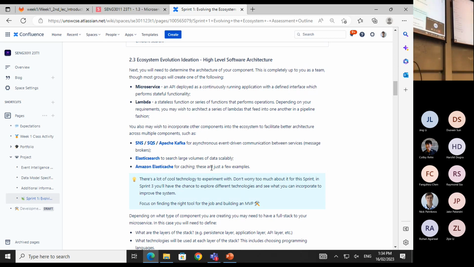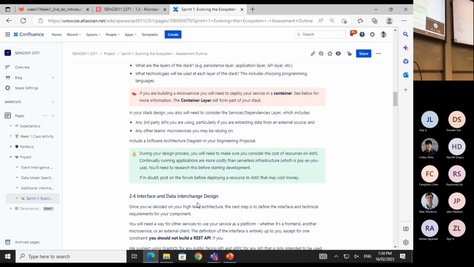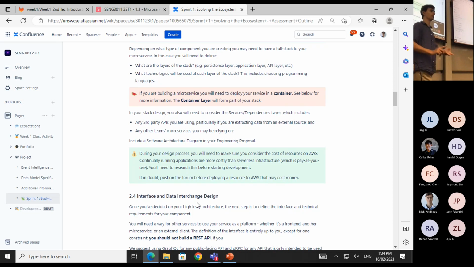The next thing you'll need to do is come up with a stack. This is very similar to 2021. You need to decide, if we're going to build a database, what do we need to code that in? What language will we use to build the backend if you're building an API? We'll talk about containers next week, but there'll also be a container layer, and you'll need to do that with